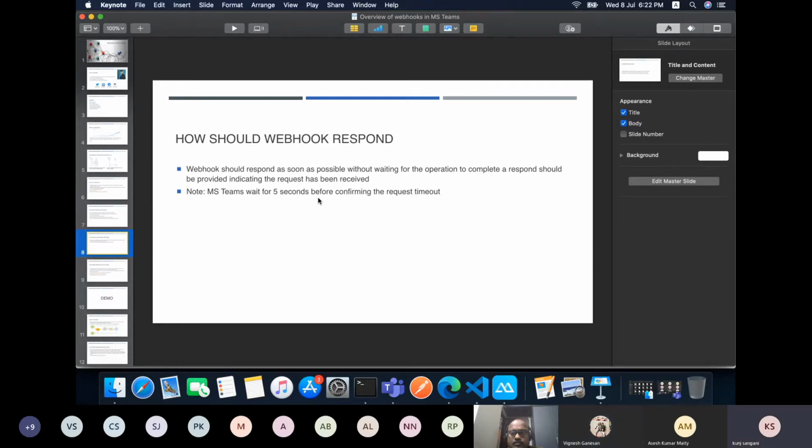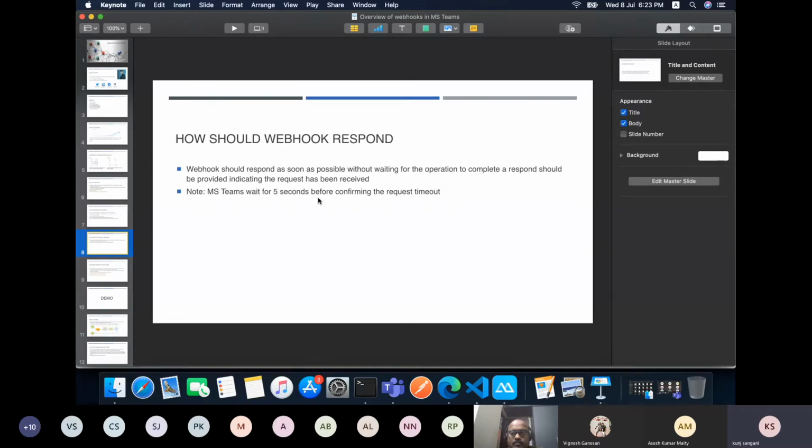To answer your question, the _vti_bin service which we used to call was not called by SharePoint itself. But in terms of webhook, whenever an event is fired, SharePoint calls the endpoint. It is not the consumer calling the endpoint.